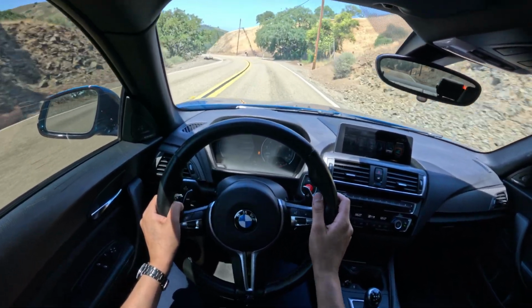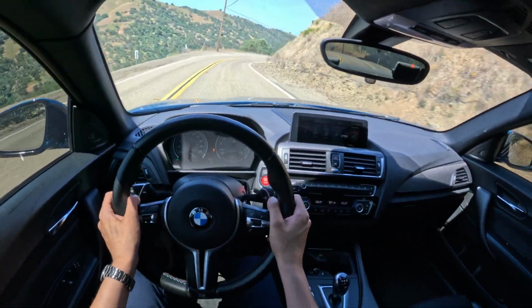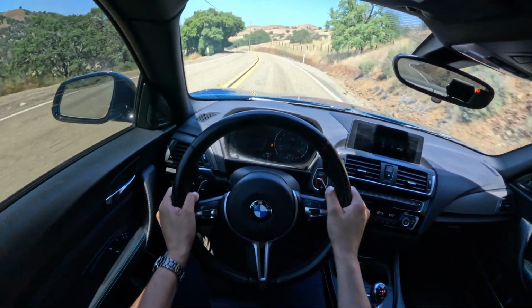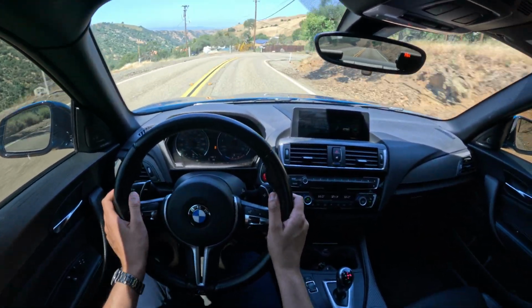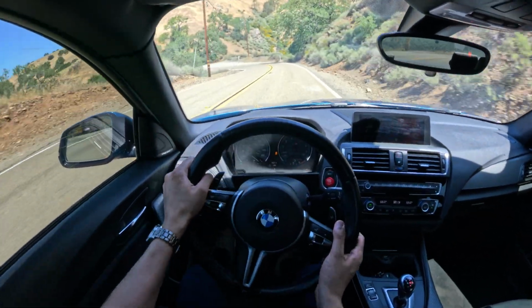Very traction limited. That wasn't even some special launch control. It wasn't brake vectoring or anything. I literally just mashed on the accelerator and that's what it gave us with DSC off. The whole car also feels a bit more numb than the 1 Series, so